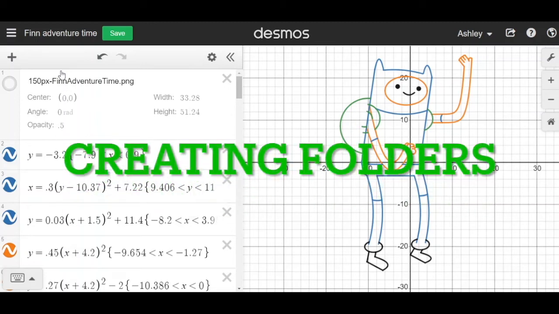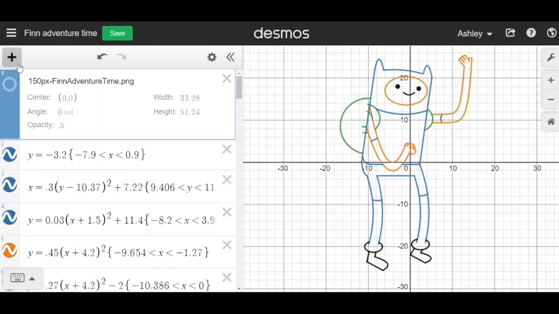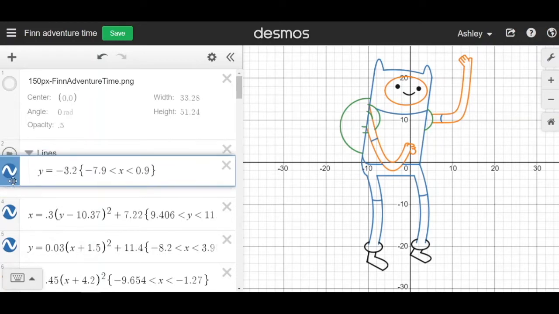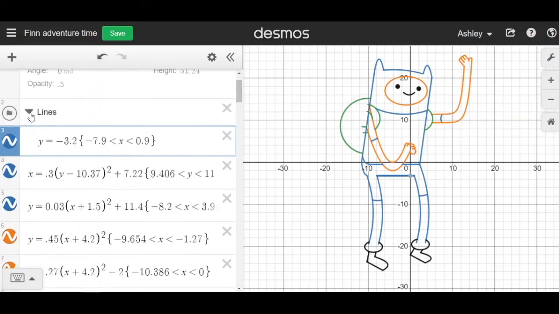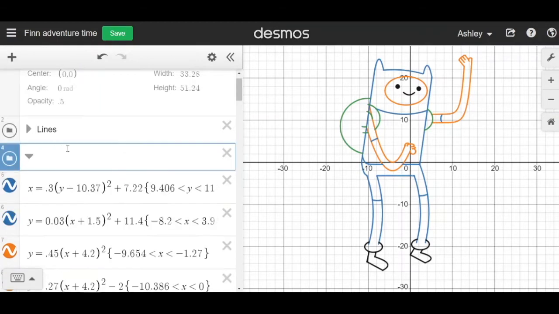So you could do this at the very beginning as you go, or at the very end like I have here. We're going to create folders by clicking the plus and then clicking folder. And you're going to title it based on the kind of function or relation. So I'm starting with lines, and all you're going to do is click and drag your equations into the appropriate